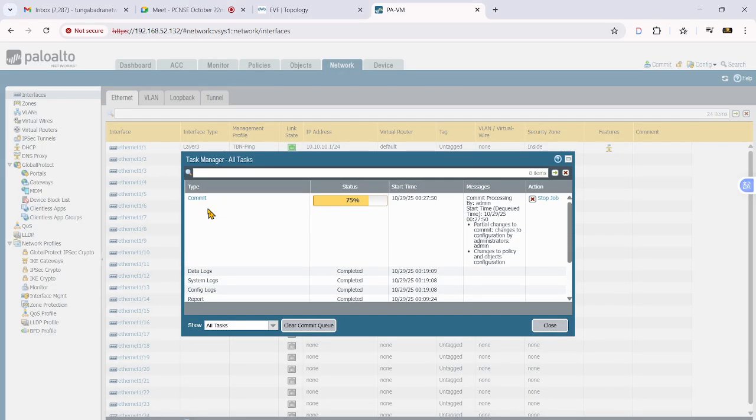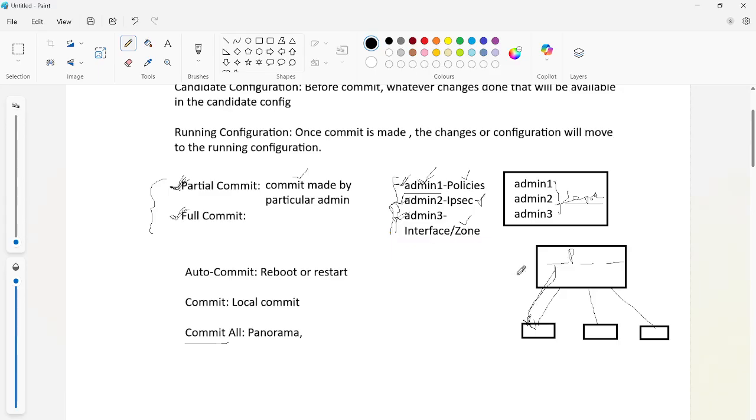So commit is for a local commit, whether on the firewall or the Panorama. And whenever you are pushing the changes from Panorama to the firewalls, that will be reflected as a commit all. Okay, so you can note the difference between these as well.